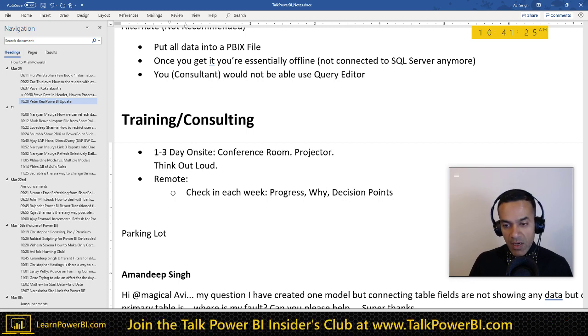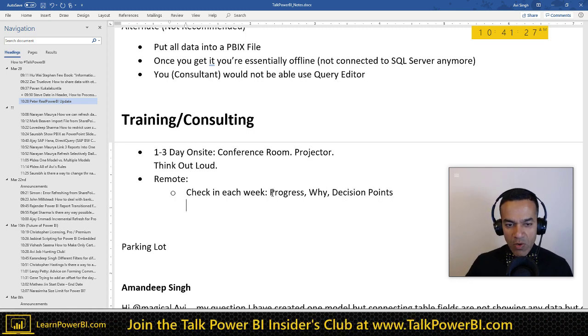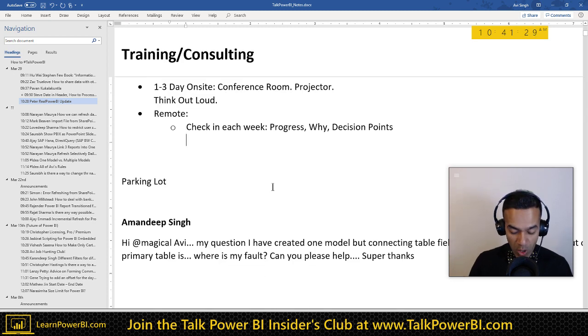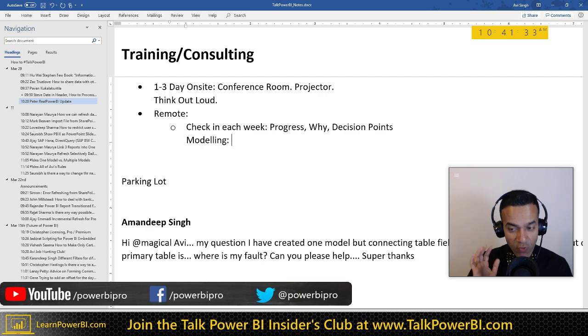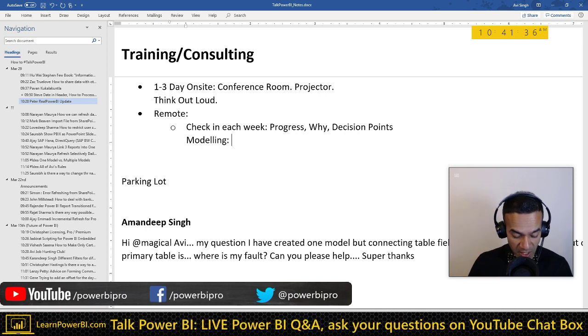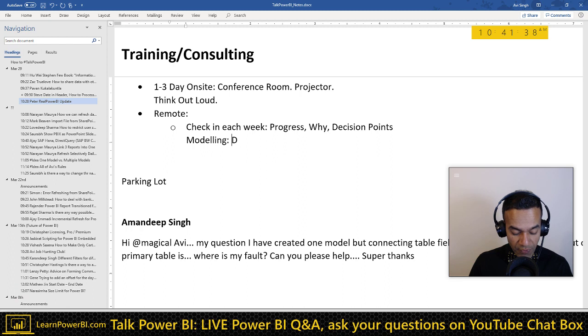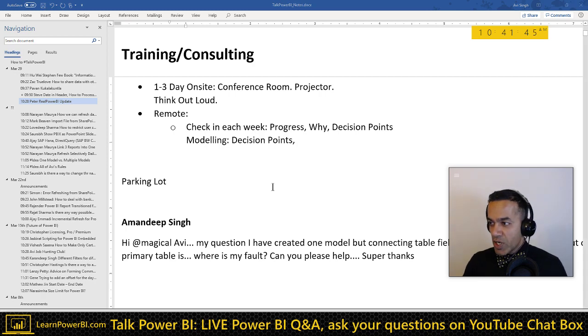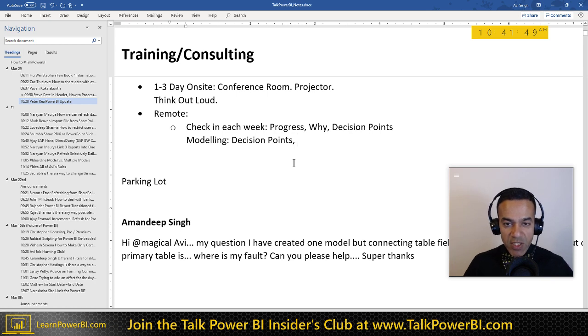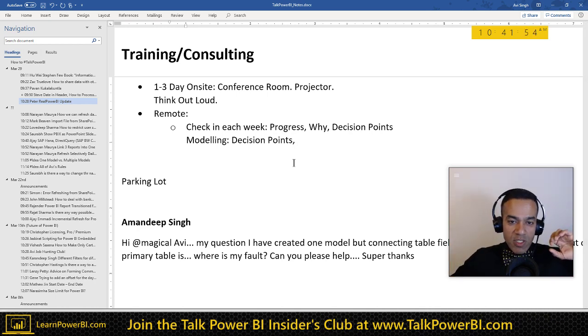Decision points. So I'm going to try to remember how I see modeling now. What is modeling? What is creating a model in Power BI? So far, I think it's 3 things. The first one I discovered was decision points. You come to a decision and you say, like we were doing with Steve earlier, do I use approach 1 or approach 2? Do I use an index or self-referencing? Do I use self-referencing or separate queries? All of these small and big decisions. Do I do this in the query editor or do I do it here?